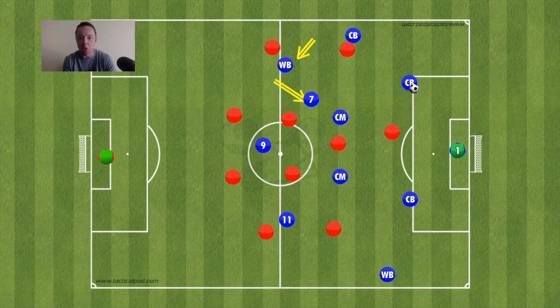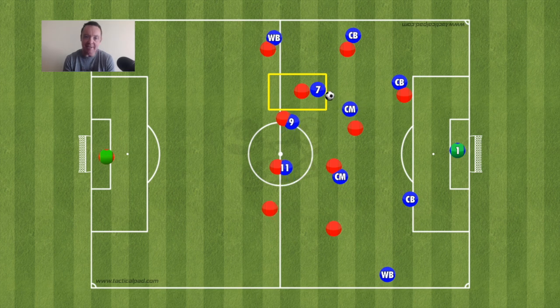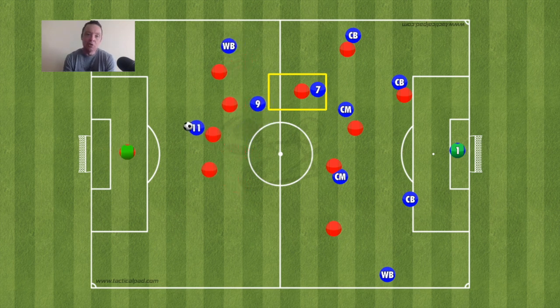You can offset marking systems if they are man-to-man preference from the opposition, and you might get access to inside channels, but you can also use your extra numbers to not only support the ball but support players underneath and add attackers into that last line. So when you play forward and you have the support underneath, it can add a really interesting picture to the attack. So again, you've got the depth option of the centre backs, the 2 centre backs, and the third one,